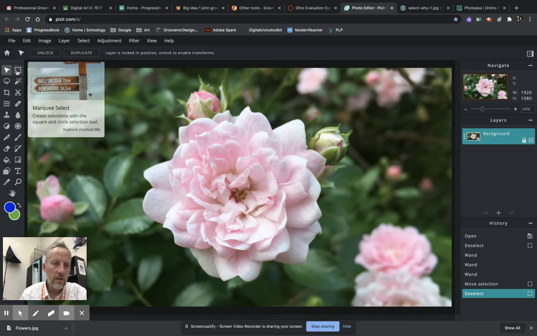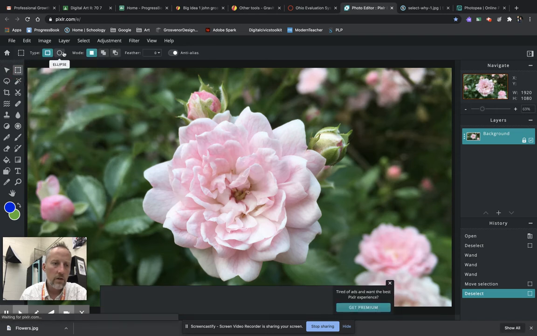We've got our selection tools. So again, we got our different options here. We have to decide what we're doing and what's going to be the best way to select it. We got our marquee tool here. Square is obviously not going to work. We could try the round, and we could make a selection where we went in here and got most of our flower,